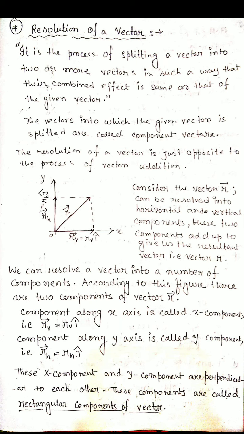The main problem is that in 2D or 3D we use the xy or xyz coordinates. So if any vector makes an angle with any axis, it is difficult for us to solve some numericals. Mainly for solving numericals we resolve the vector along the axes. The given vector will be resolved along either two axes or three axes. If x and y are given, it will be resolved along x and y. If x, y, z, then along x, y and z.